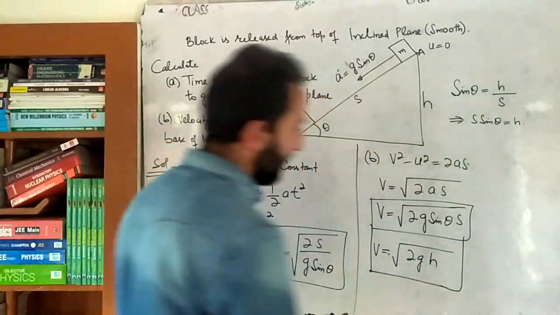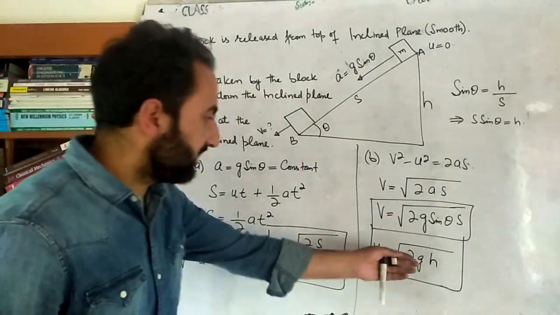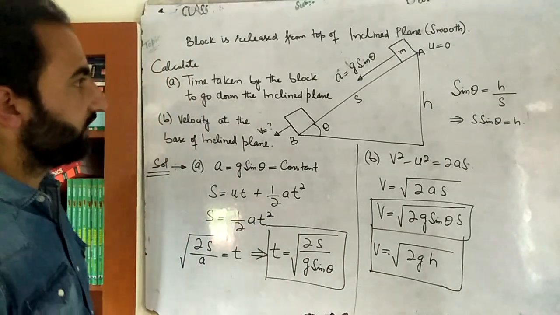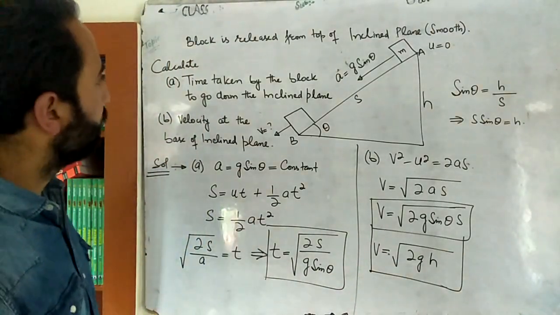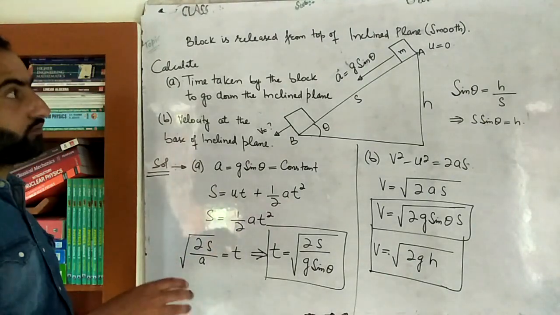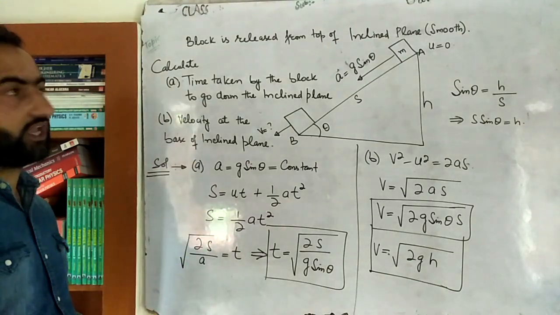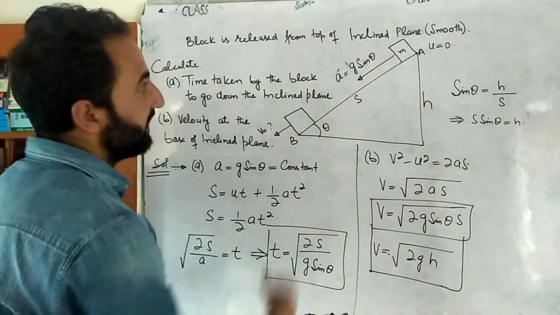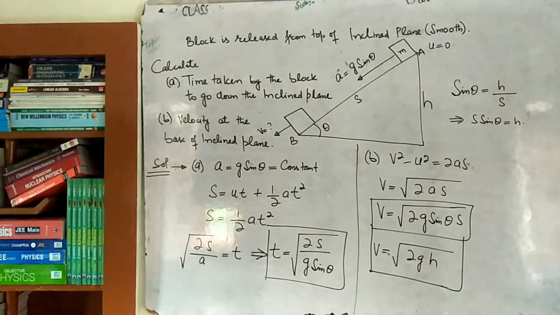It depends on whether s and theta are given, or whether h is given to us. So from there we can calculate. Take it, beta? Okay, so pause the screen, write it down. Important problem. Okay, we'll be repeating this type of problem again in friction, and in that very case it will be a rough inclined plane.